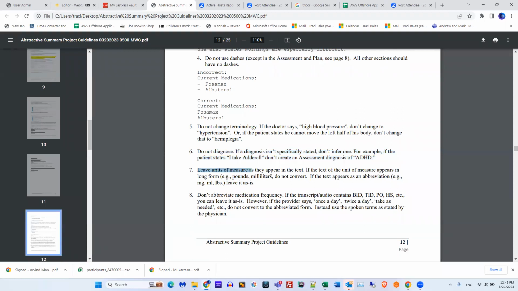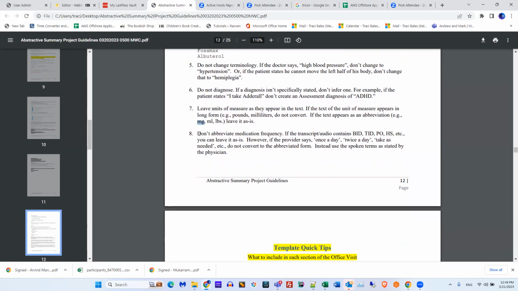Leave units of measure as they appear. So if milligrams is in the text as mg, then that's what you use in your transcription. Frequency of medication, use what the provider says. So if they say once a day, twice a day, as needed, don't convert that to the medical abbreviation. Use what is said, okay?